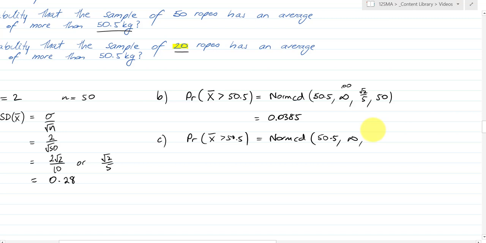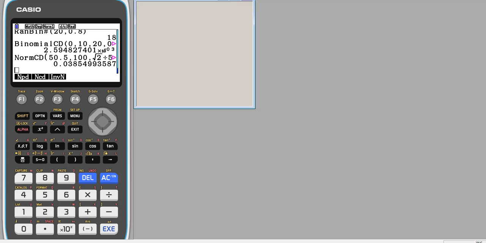And then I've got sigma, which was originally 2, but over root 20. I could simplify that, but for the benefit of this, I won't bother. And so I go back to here. The only thing that's changed is sigma. This can save you some time. I've got all this other stuff already here. So I'm just going to delete that and make it 2, and delete that and make it the square root of 20. Execute, and I've got